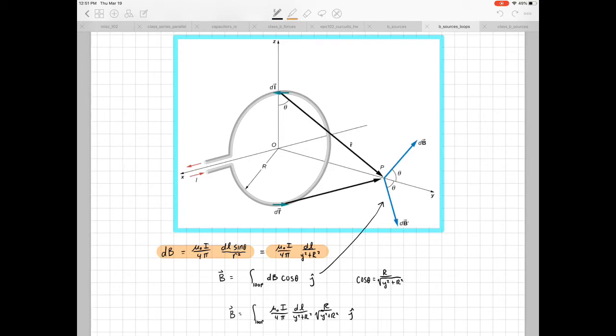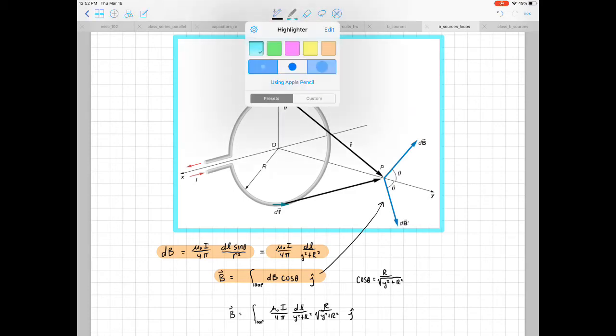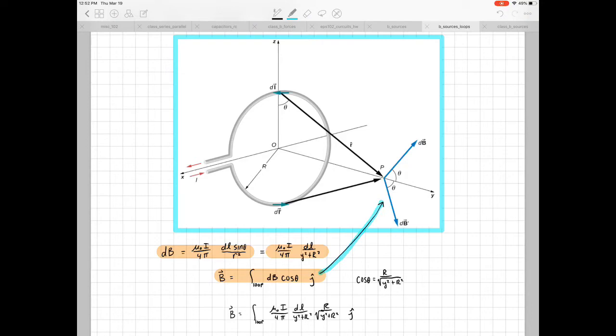Now, this next expression that I've written down is where we're going. So we need to integrate dB, that small chunk of the magnetic field, from all the contributions over the entire loop. And if you look at the picture, and I've drawn this arrow to point you in the right direction, each spot, say up here on the wire, has a corresponding spot at the bottom of the wire where the magnetic field will be the same